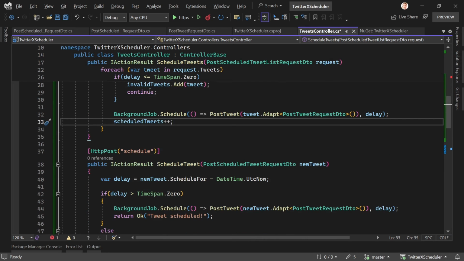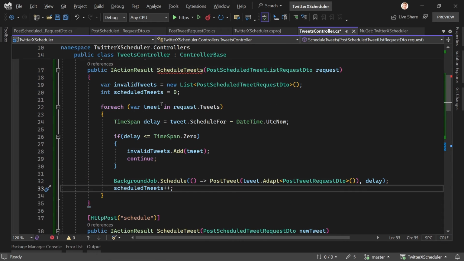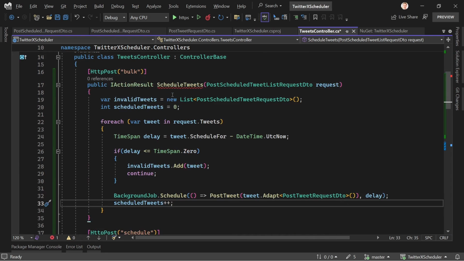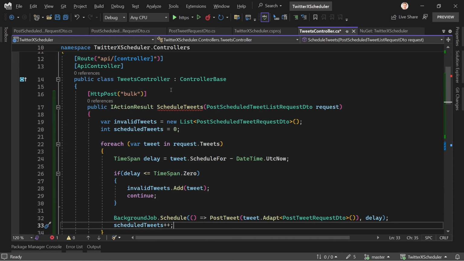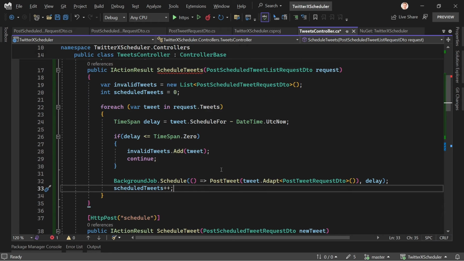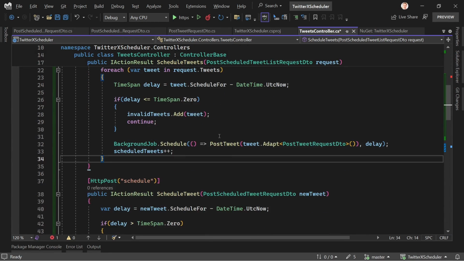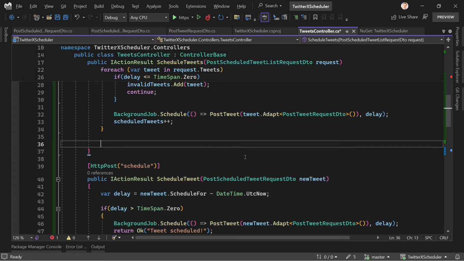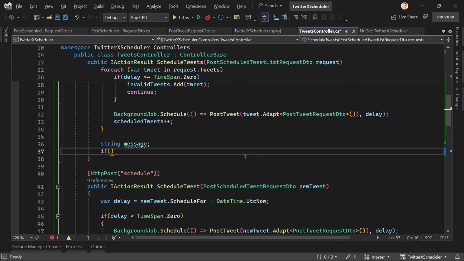Haven't seen that before. Maybe I missed something. Please tell me, have you seen that before? For me, that's pretty new. All right, so scheduled tweets ++, that's it. And now when the for each is done, then we create a message. So string message. And if now we've got any invalid tweets, so invalid tweets any,